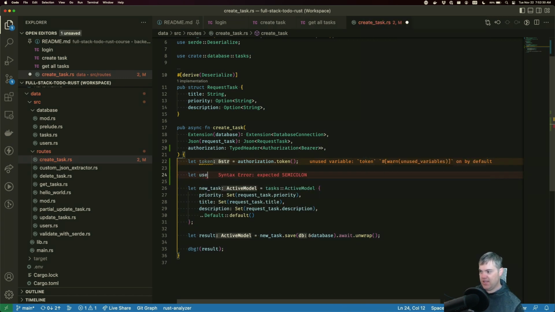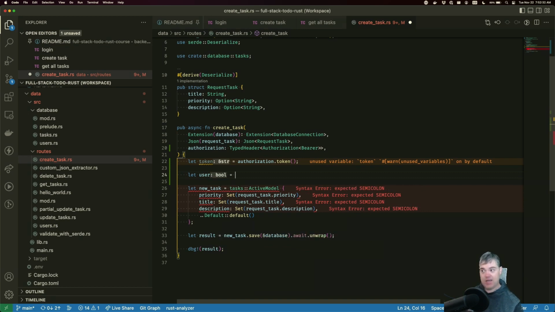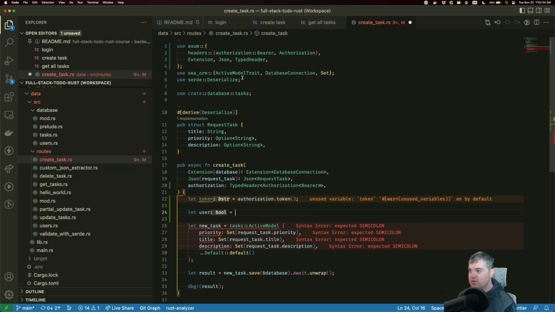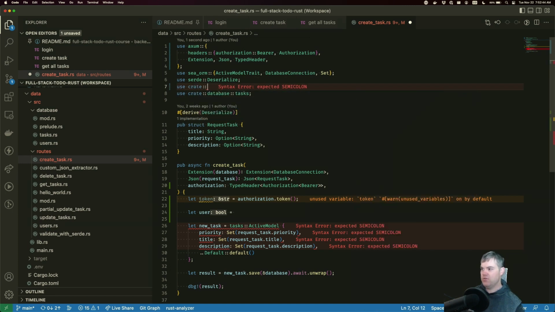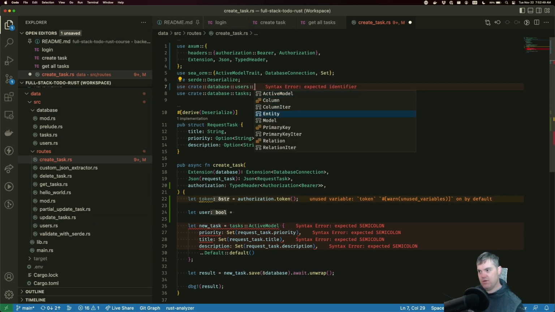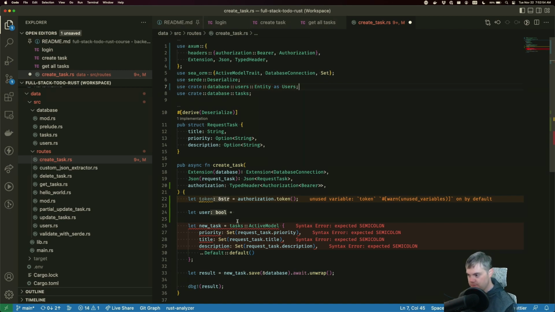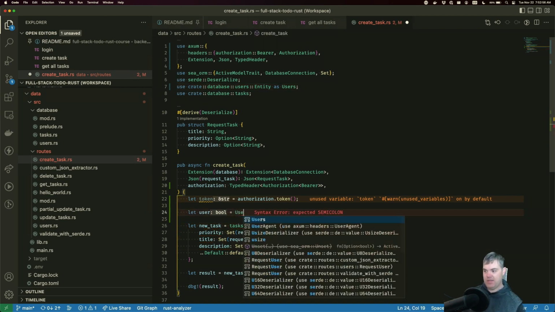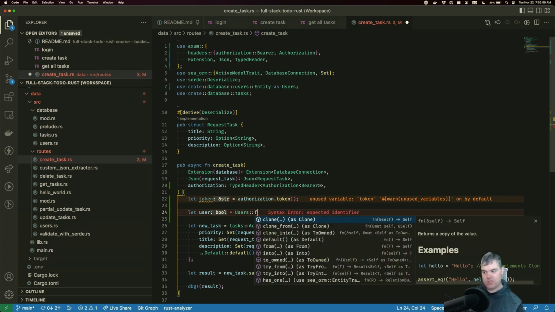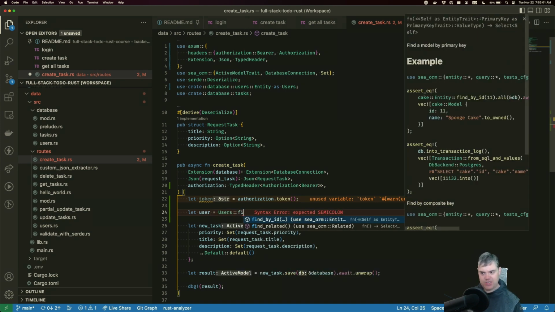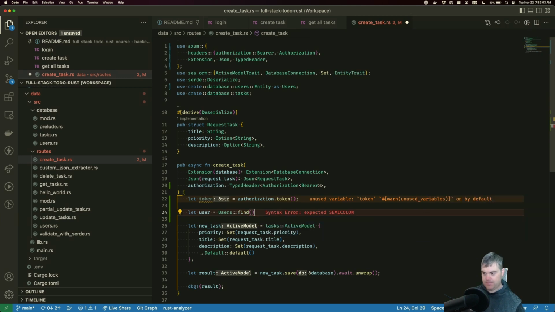So we're going to use let user equals, okay, so we need to grab the users. We don't have the user right now. Let's create database users. We want the entity as users. We can't do find by ID because we don't know that, so we're just going to do find.